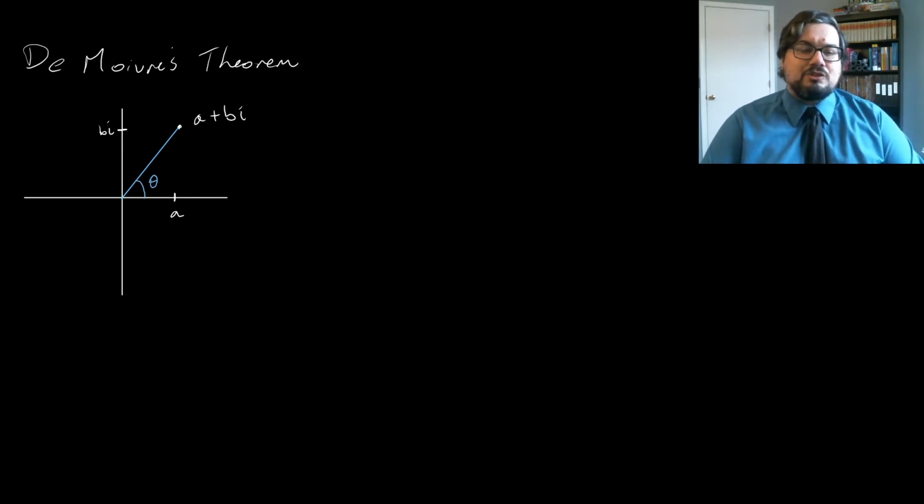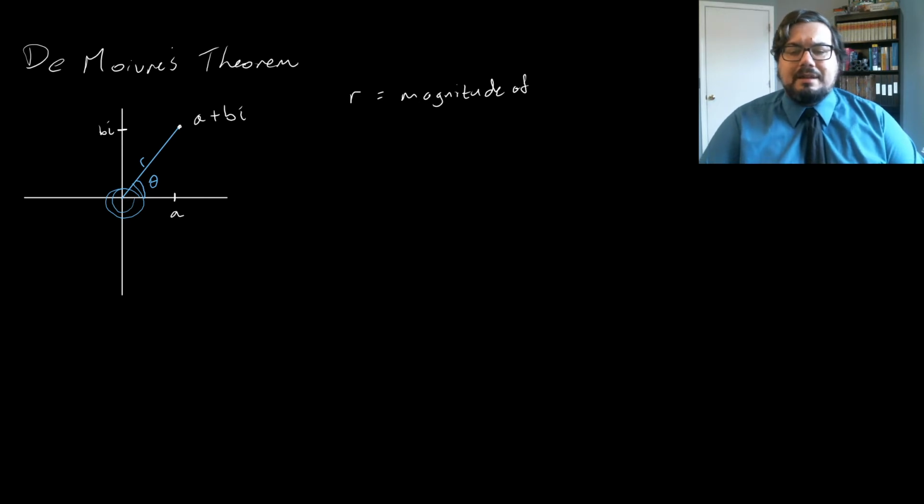We can describe this point in the plane in terms of its distance from the origin, which we call r, and its angle, the angle that this segment forms with the positive x-axis, that is the angle in standard position. Now, of course, this angle is not unique. We could look at negative angles or angles that wrap around more than once, but in this situation, we say that r is the magnitude